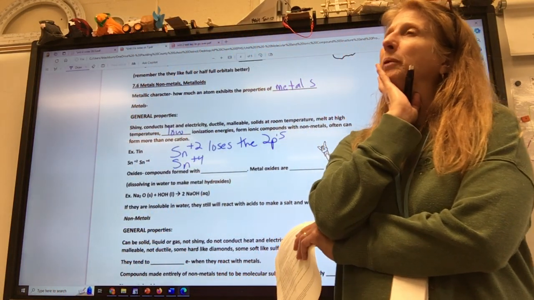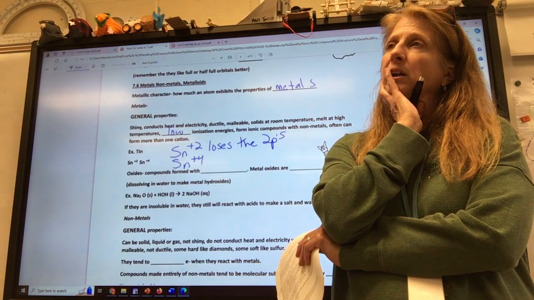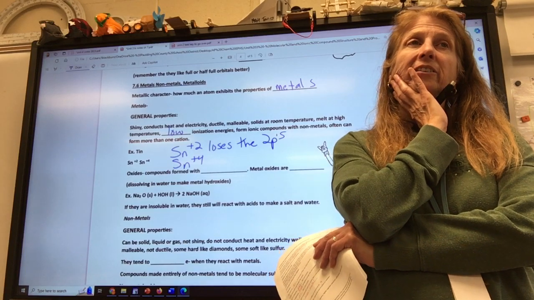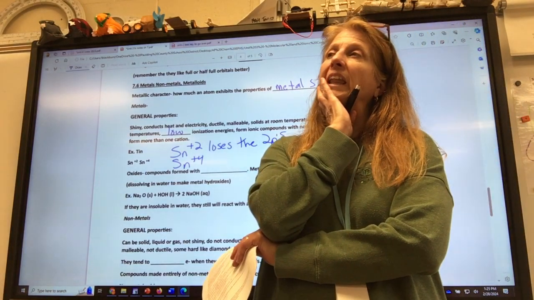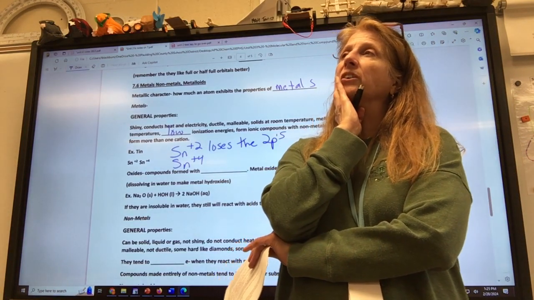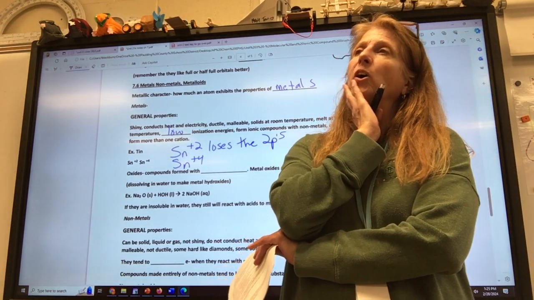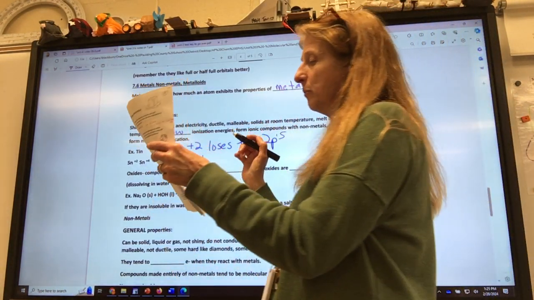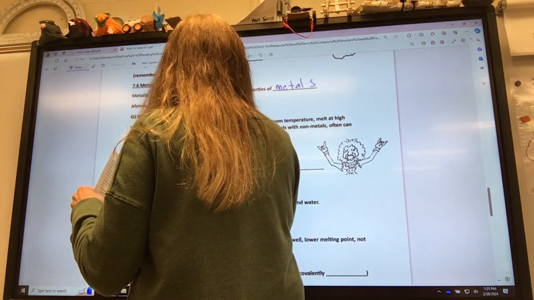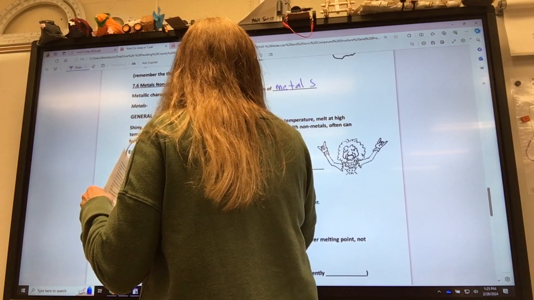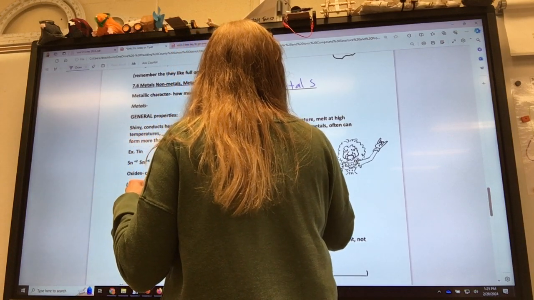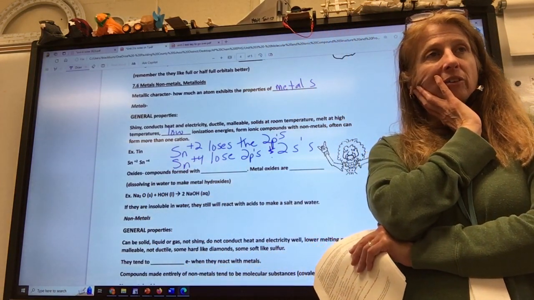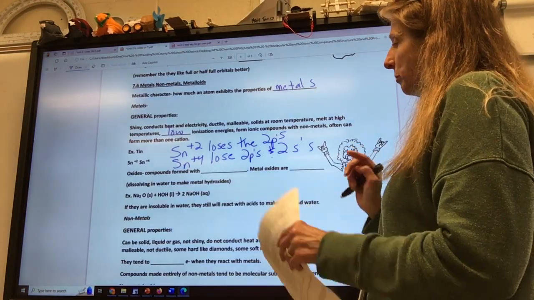Okay? So now what about tin 4? He's already lost the 2 p's. Who's he going to lose now? The 2 s's. He's getting rid of those. Remember, they're going to lose the level first, and those s's are on level 5. Those d's are on level 4, so we're keeping those. But we're going to lose both of those on level 5, so it's going to lose 2 p's and 2 s's. So now you understand some of this better, don't you? What you learned in honors, you've got to learn why a little bit.